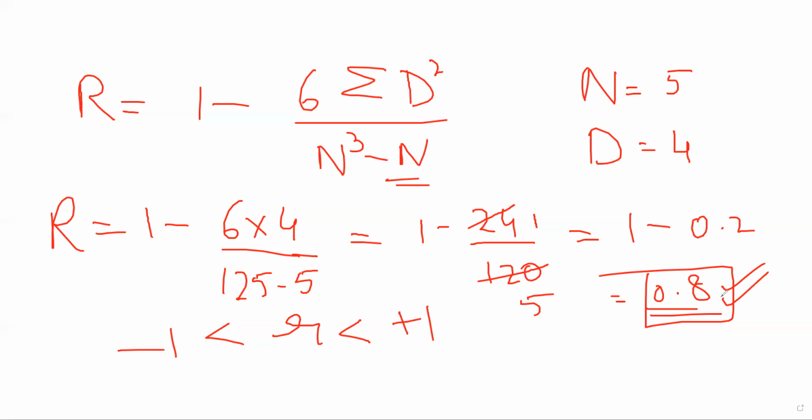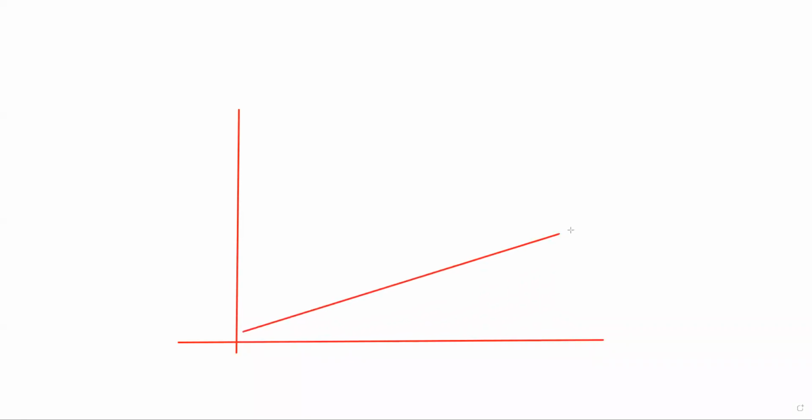We tried to establish a relationship between two variables, and we established that relationship using a mathematical formula. By calculating the relationship between them, we are essentially calculating the relationship coefficient. If that coefficient is positive and close to 1, your graph looks like this. It will not be exactly straight, and it will not be 45 degrees. If it is 1, it will be like this, but at 0.8 it will be somewhere close to this second one.